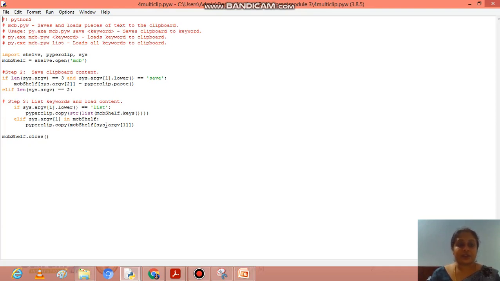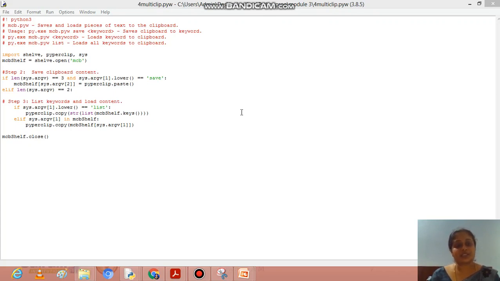Then pyperclip.copy(str(list(mcpshelf.keys()))). If your data passed from the command line does not have 3 values, then you go to mcpshelf.keys and fetch the value or copy the value again. If it is in mcpshelf, then pyperclip copies it and executes.